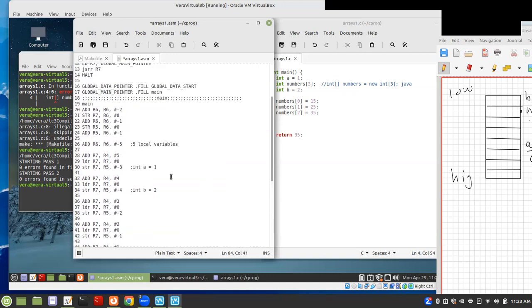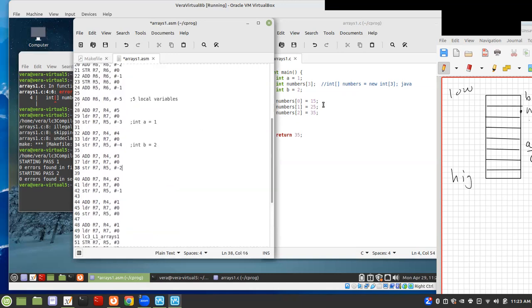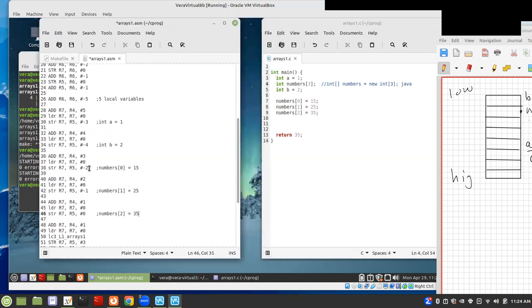Is 15. So this first one here is numbers 0 equals 15. And this one is going to be numbers 1 equals 25. And this will be numbers 2 equals 35. Because the point is that whatever the address is of